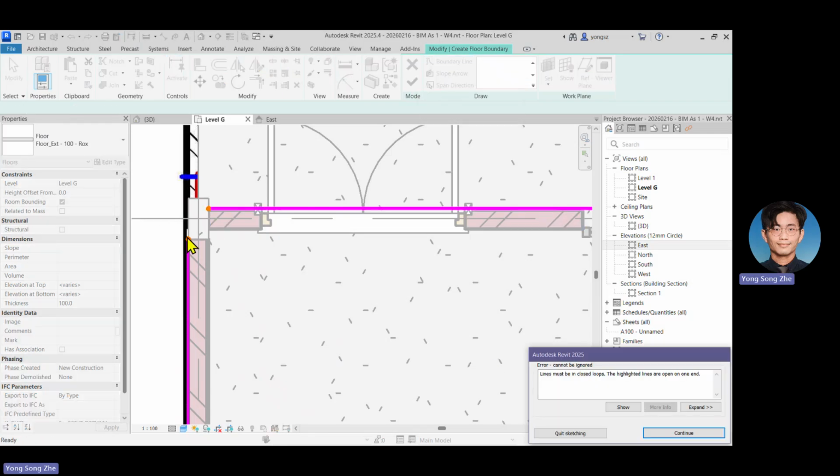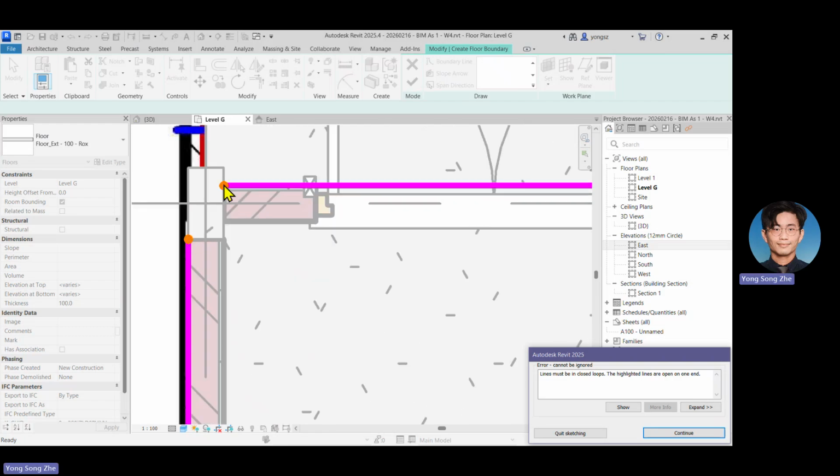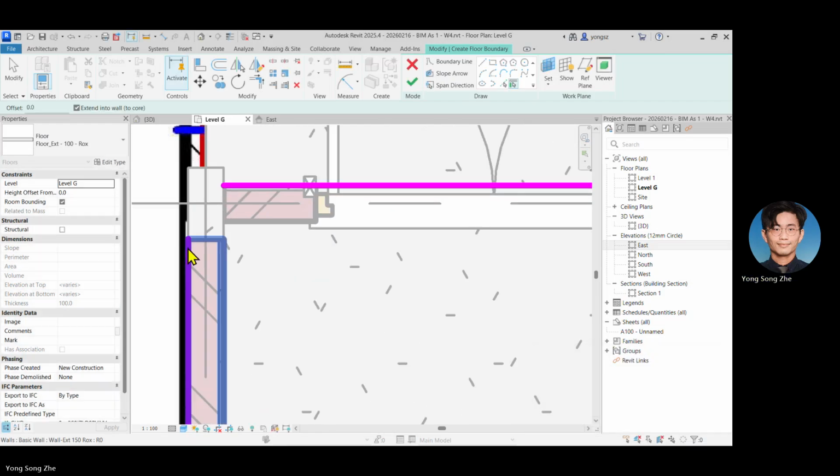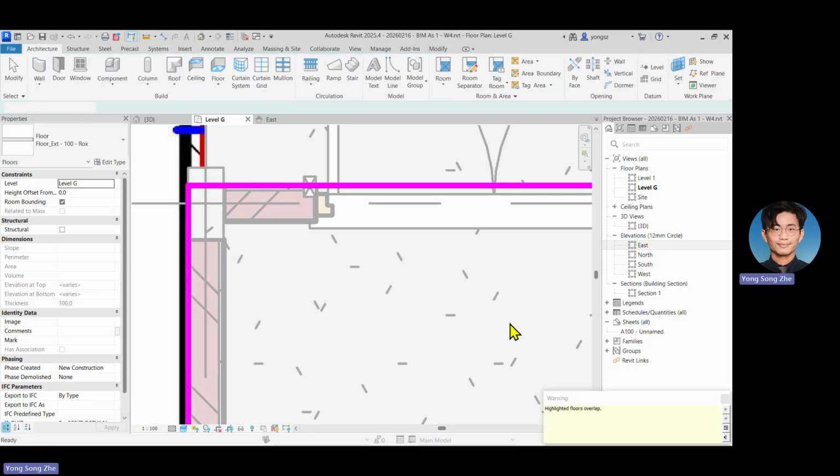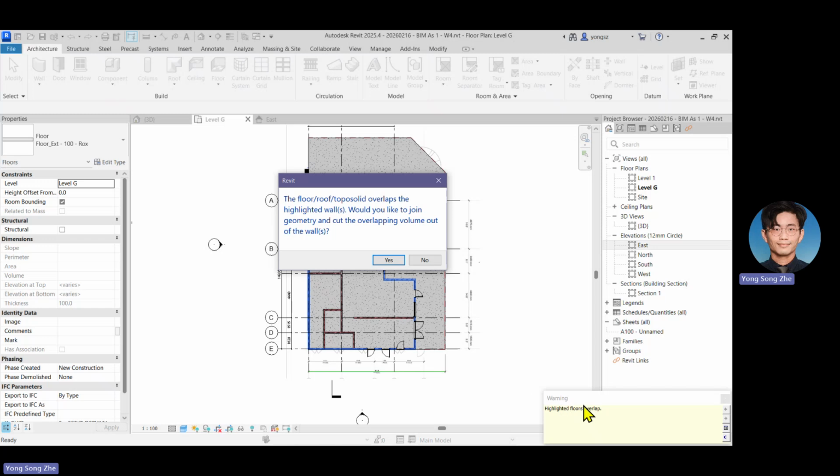One more time. Okay, it says must be in closed loop. Here is open, not enclosed. So I say continue. So I use what shortcut key? TR, correct. TR. Click here and here. Then we try again. Okay, so now it's not an error, it's just a warning. A warning is like a reminder to tell you